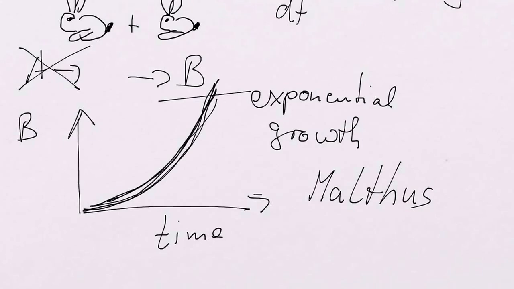Right. So this exponential growth obviously can't go on forever. And therefore, people said that there is something not right when we want to describe some kind of biological, natural occurrence with that. So they came up with a slightly modified version. And they said, okay, dB over dt equals,